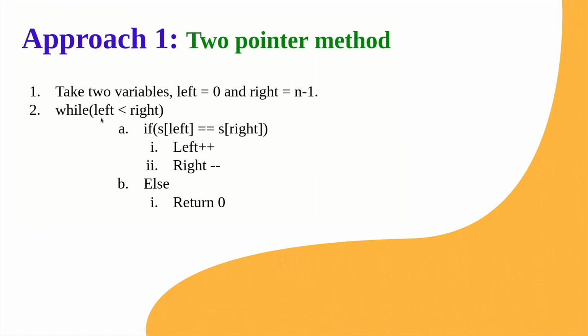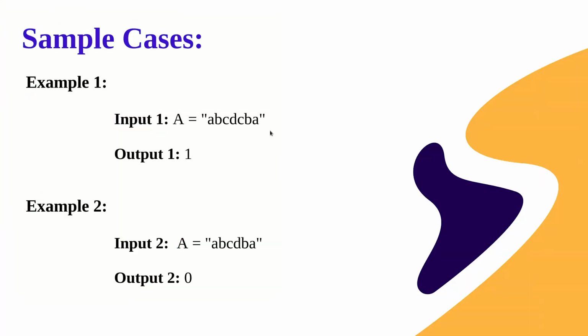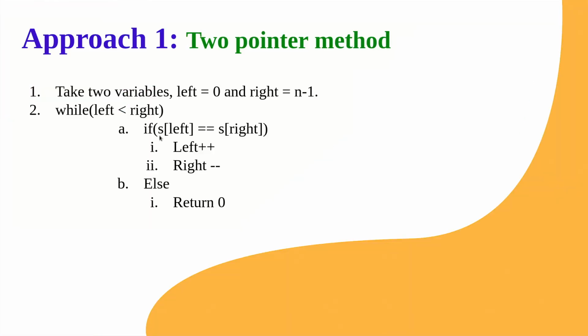So for now, you can just understand whenever we move from both the directions, we write a loop in such a manner that the terminating condition becomes when both the pointers become equal. Okay, so while left is less than right, if s of left equals to s of right, so s is the string here. So what are we doing? If the character present at this index is same as this index, let's update both the indices.